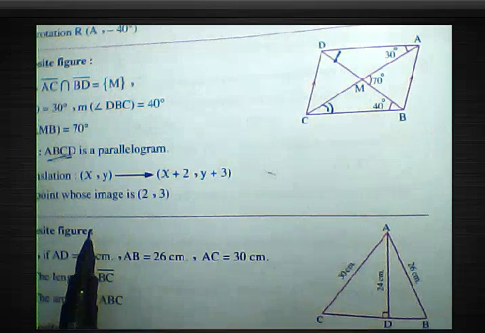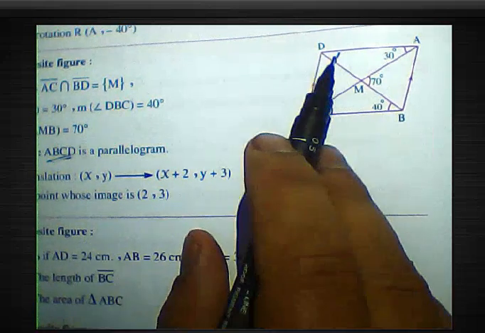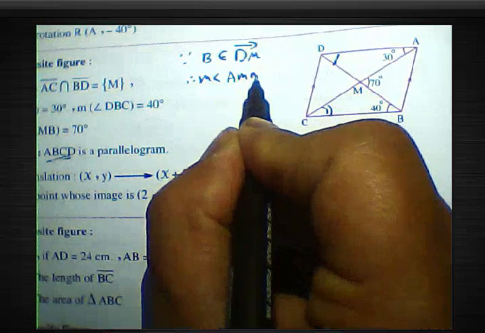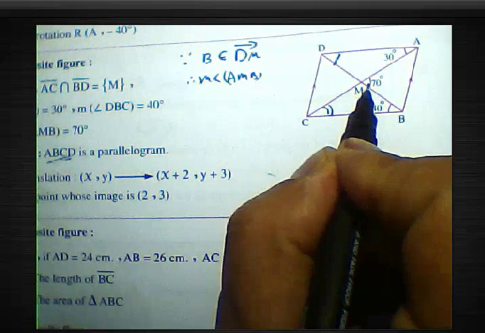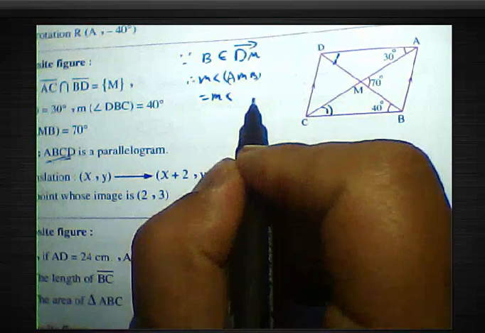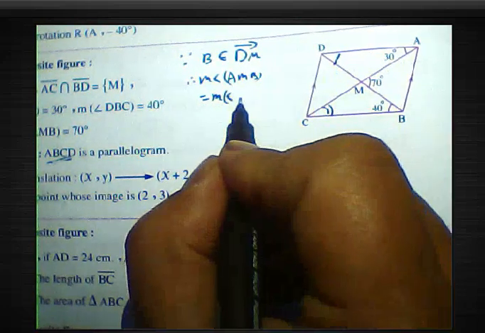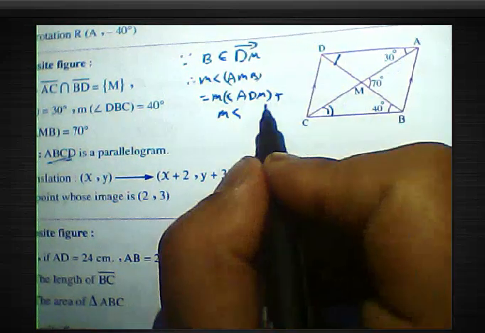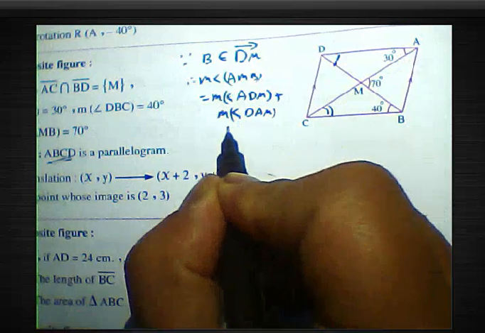If you prove that angle D equals the measure of angle B, then DA will be parallel to CB. First, you can find the measure of angle D by the exterior angle of this triangle, such that P is pointing to the ray DM. Then the measure of angle AMB, this angle, equals the measure of angle ADM plus the measure of angle DAM, equal